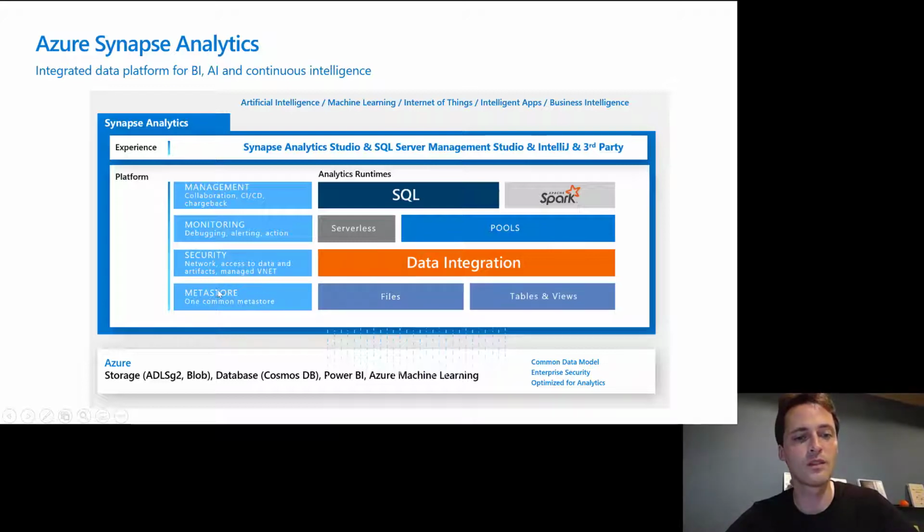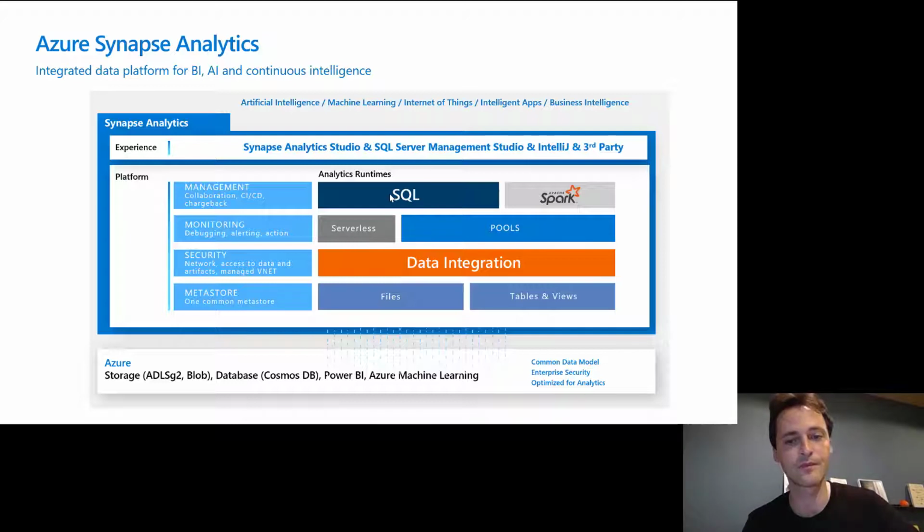And one important one as well is metadata, the metastore. This is going to provide interoperability across SQL and Spark. So you create one table once, this table is honored across SQL and Spark, both in terms of metadata, but